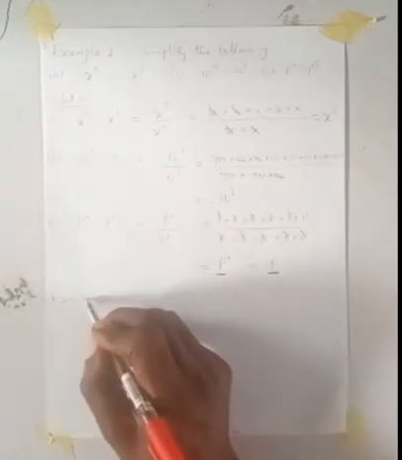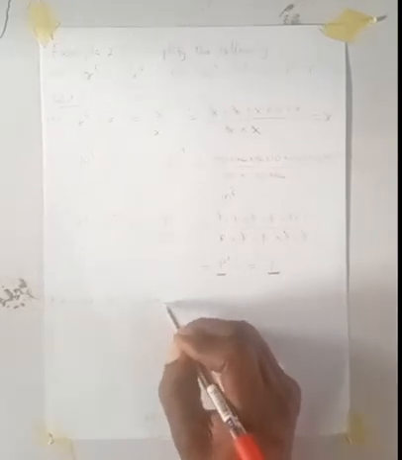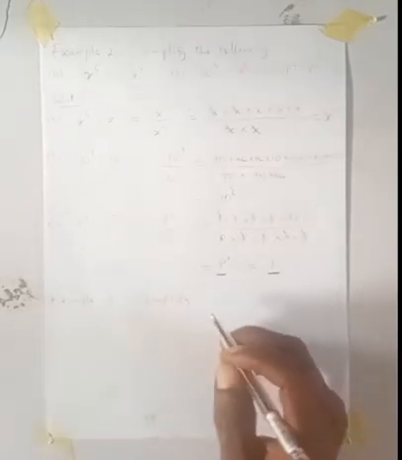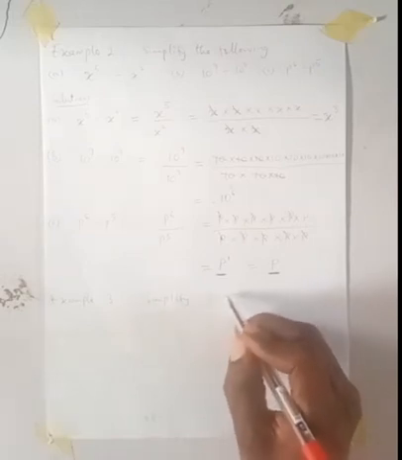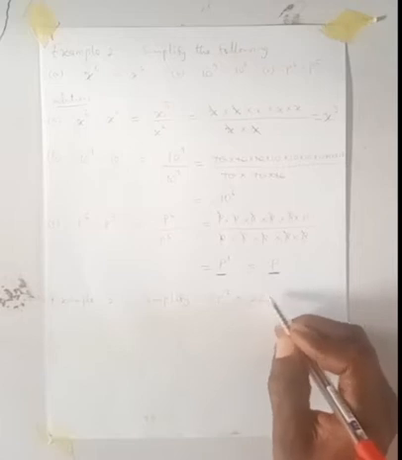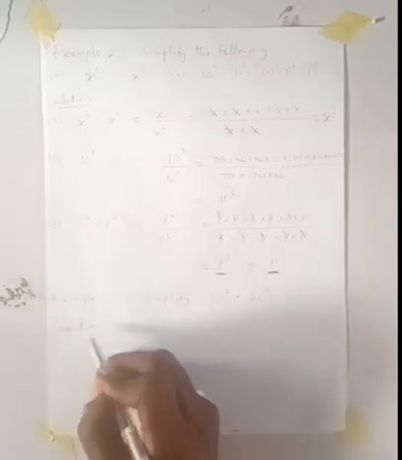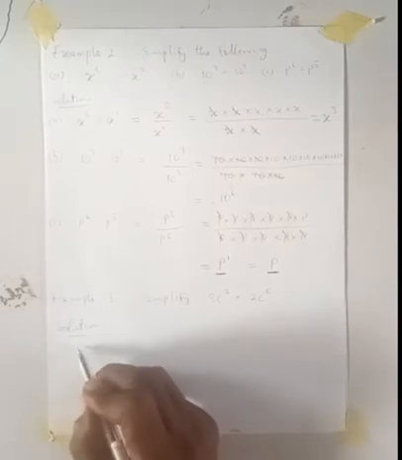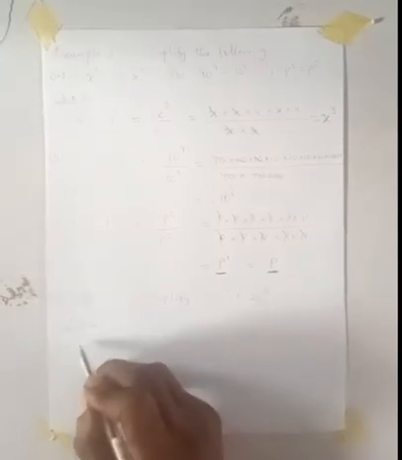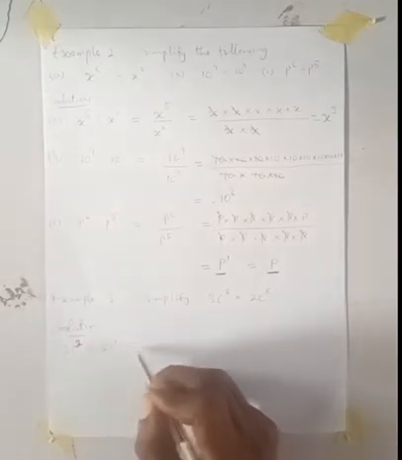Example 3. Simplify 3c raised to power 2 multiplied by 2c raised to power 5. So solution to this. I have 3c raised to power 2 multiplied by 2c raised to power 5. That will become